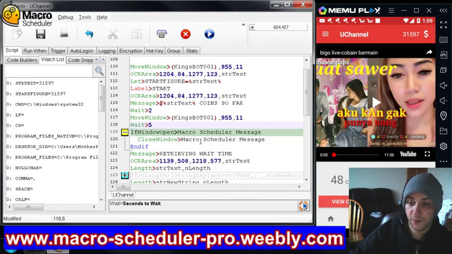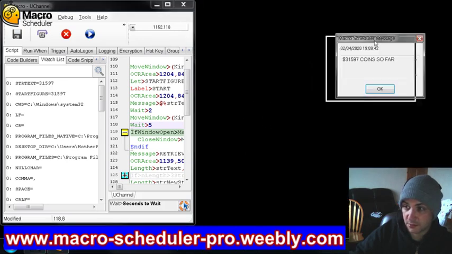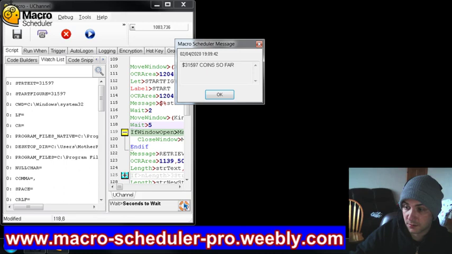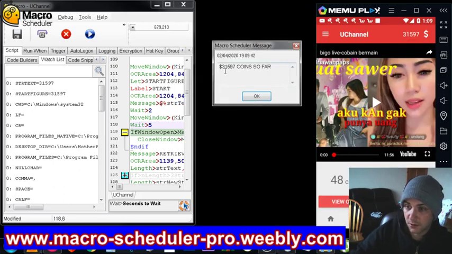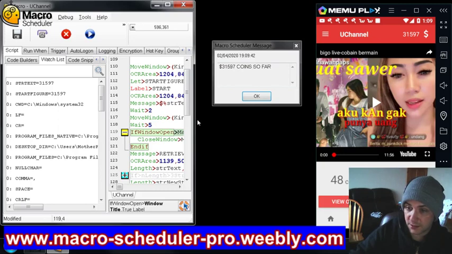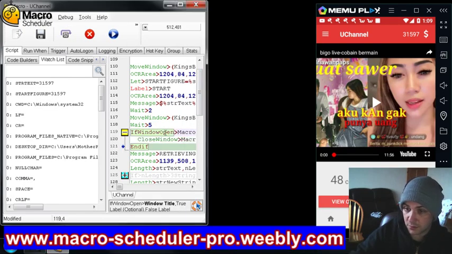It'll then, if the window macro scheduler message is open, so if the message that was there, which is actually now behind this, if this message is open, which it is, it'll close that window, and you'll see it do that now. So it closes that window,